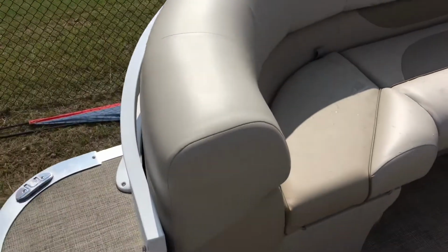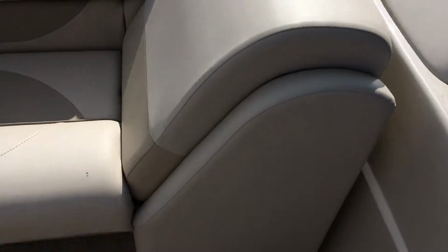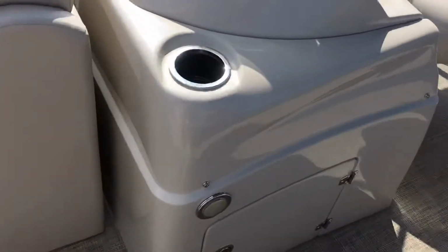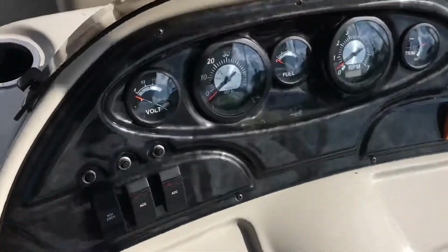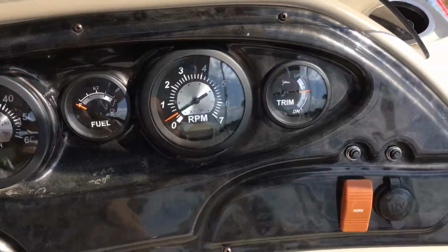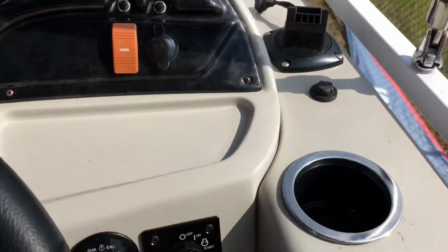Board the front, the bow. Scan around your starboard side here. Chase lounge. Fiberglass console with a gauge package, your volts, miles per hour, fuel, RPMs with a built-in hour meter, trim gauge, horn,